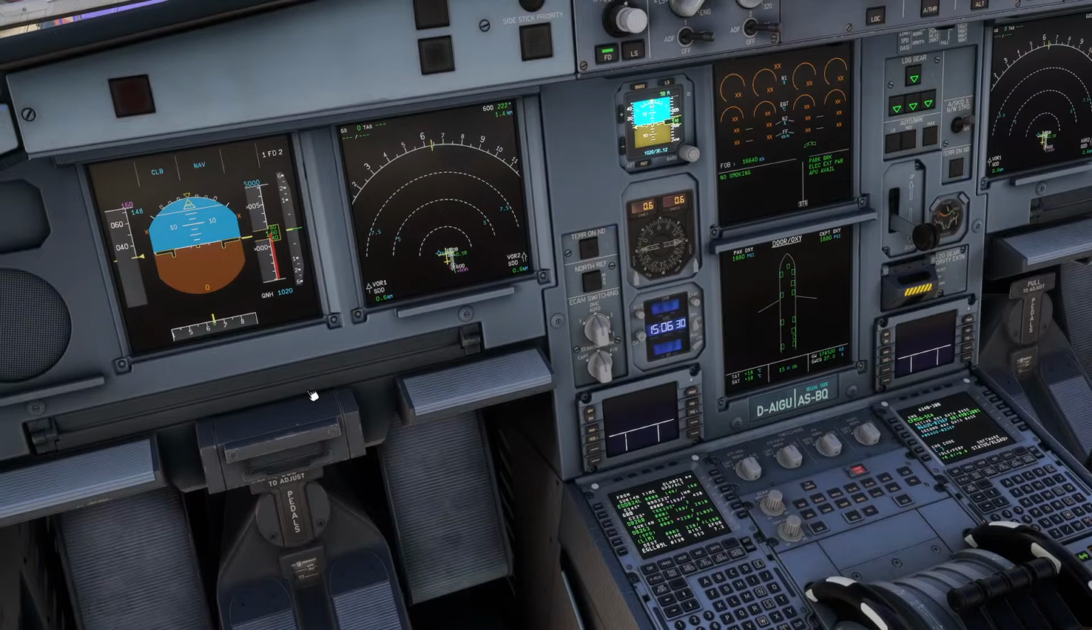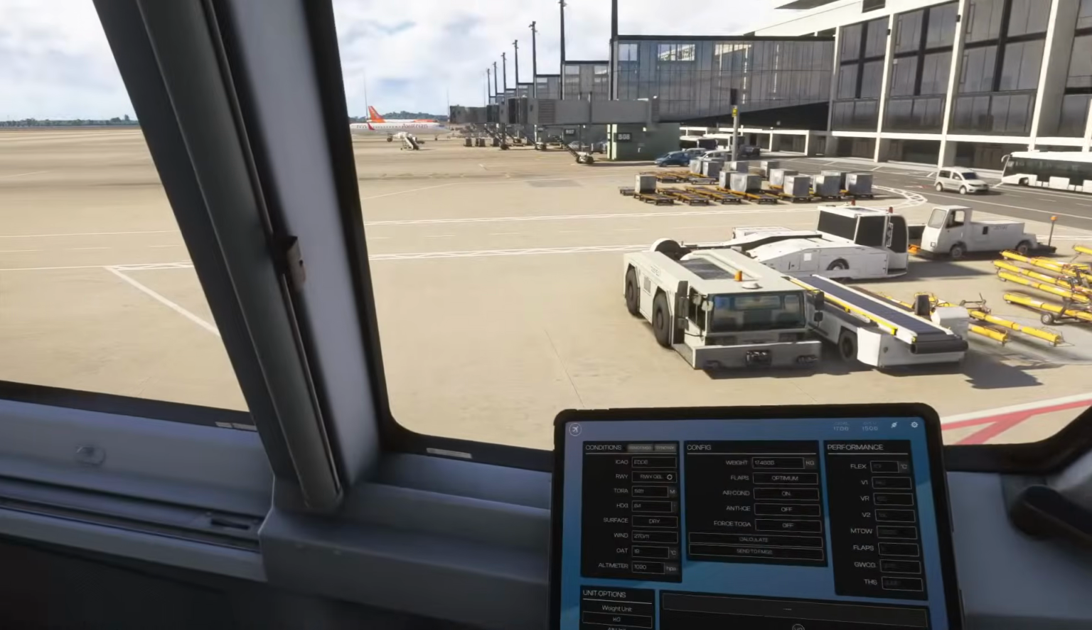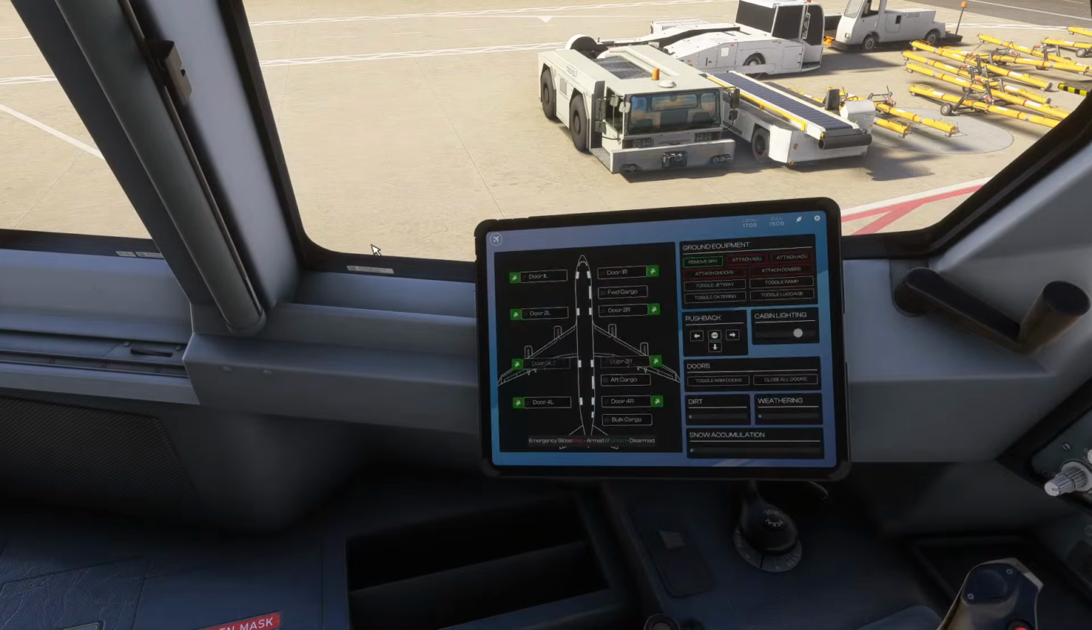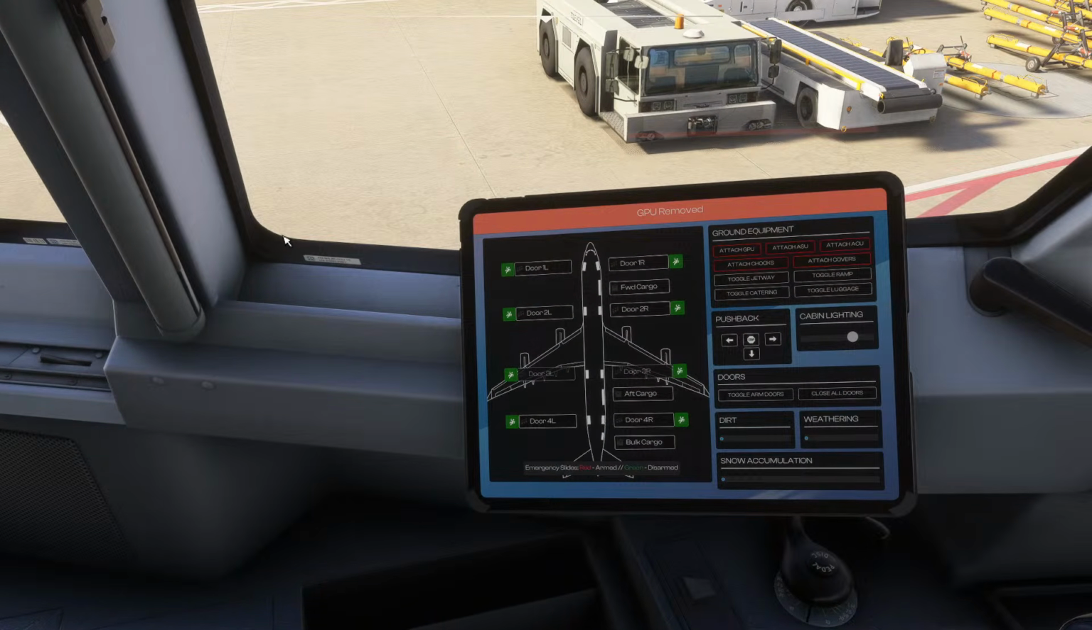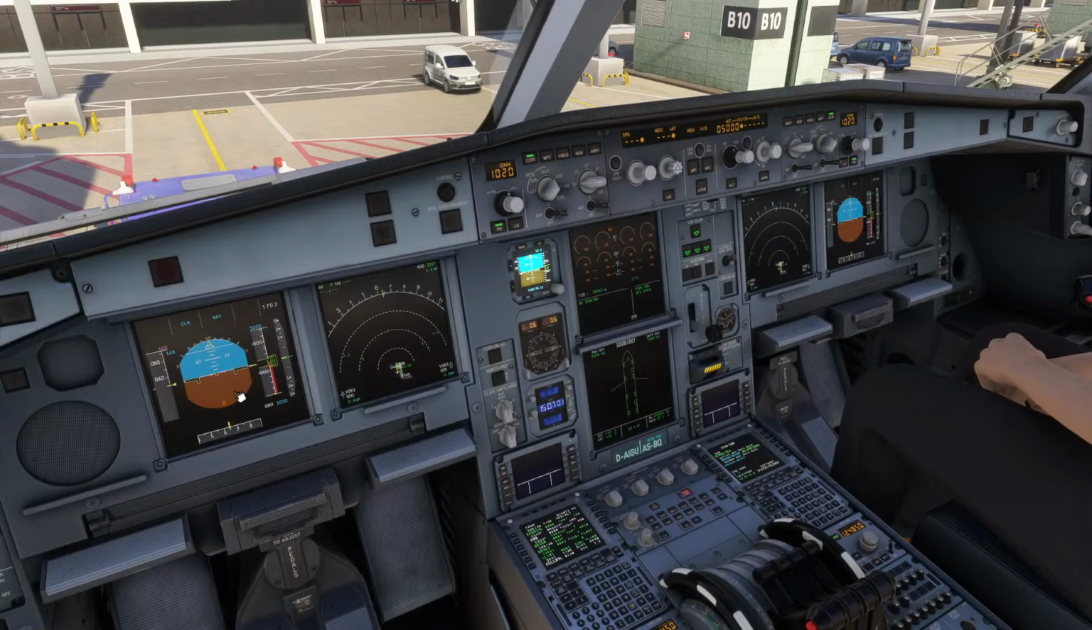Okay, so we are going to prepare for pushback. So Alt 1 takes us overhead, seatbelt signs go to auto. External power can come off now because the APU is up and running. So then we need to jump back into the tablet, go to ground, remove the GPU, and then